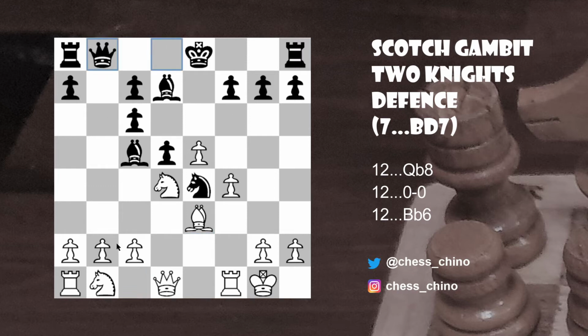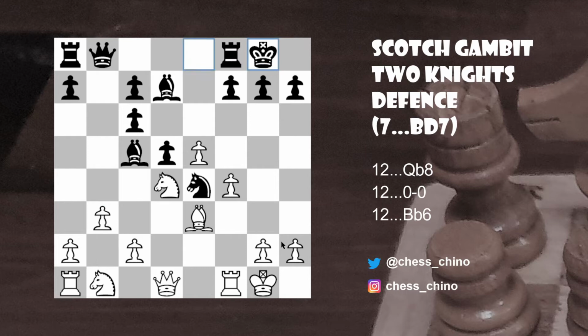So obviously, the threat is queen takes b2. Now, it is possible for white to play a gambit with knight to c3, but I think b3, this is the move I'd play, is a lot simpler to play. It's just a simple pawn move, and we'll see the idea in a minute. It stops queen takes b2, and after b3, the game could continue something like castles kingside,